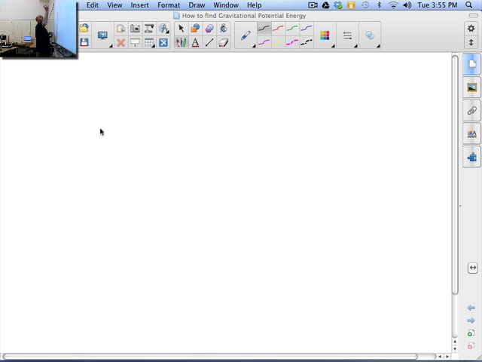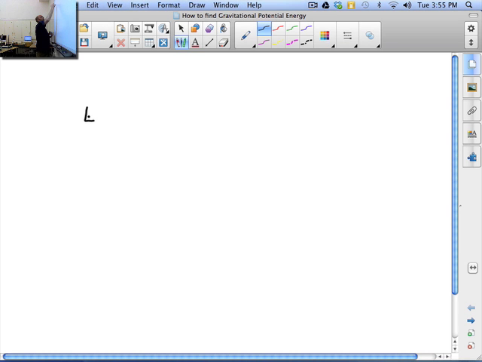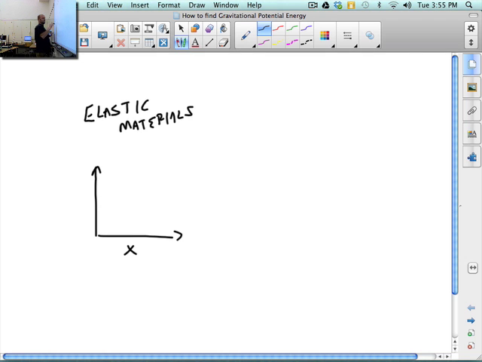Springs, I'll say elastic materials. So, for elastic materials, when you pull on them different amounts, the force required changes. So the energy stored is going to be